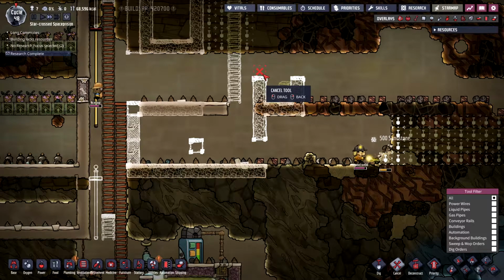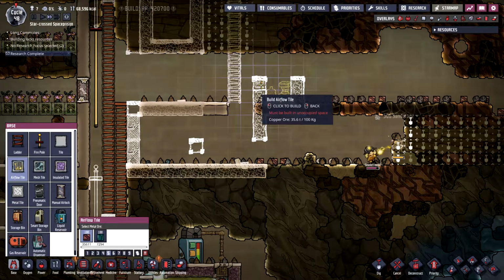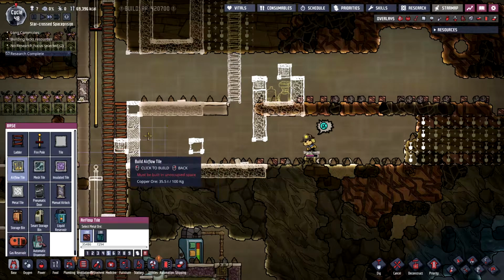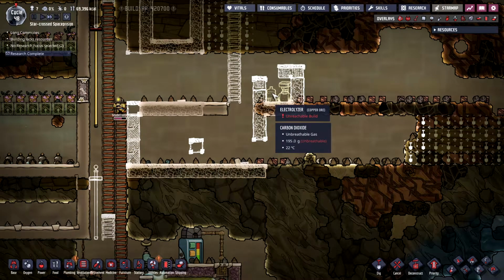Actually, let's try that again. We want airflow tile here and airflow tile here. Okay. So for those of you that don't know what's going on, a submerged electrolyzer system allows you to do this: